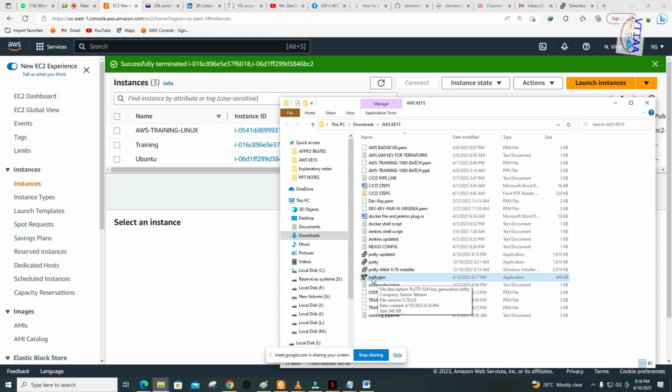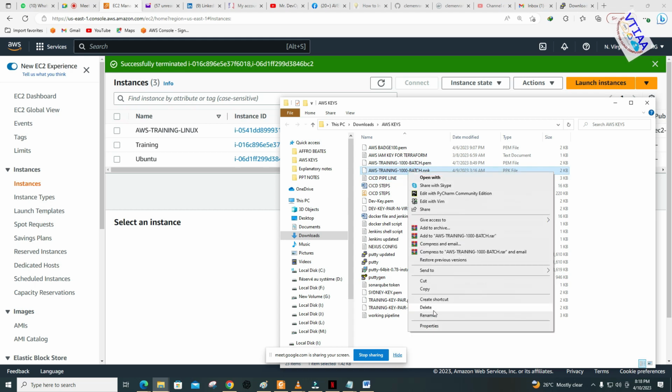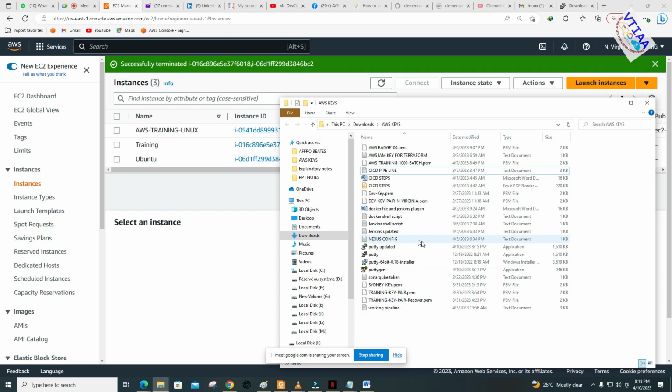Now, the reason why I open PuttyGen is because the Linux-based operating system does not use the key pair in the form of PEM. It uses the key pair in the form of PPK. Let me show you something here. When we were creating the key pair, there were two options. Either you create the key pair